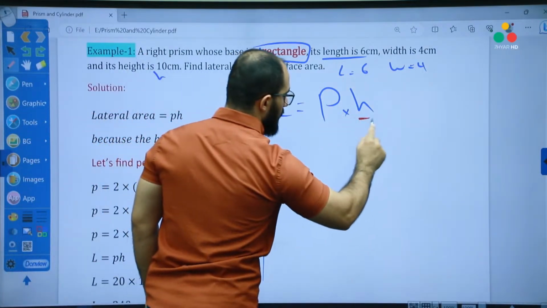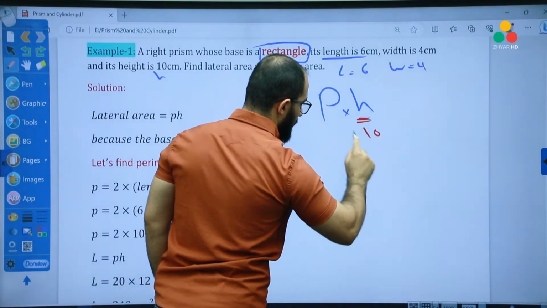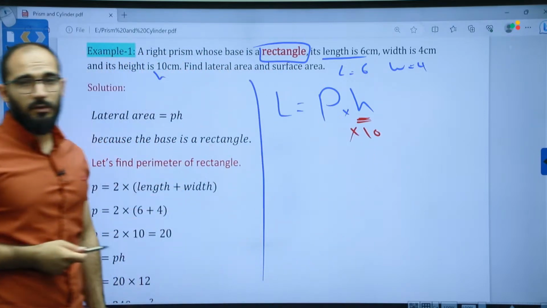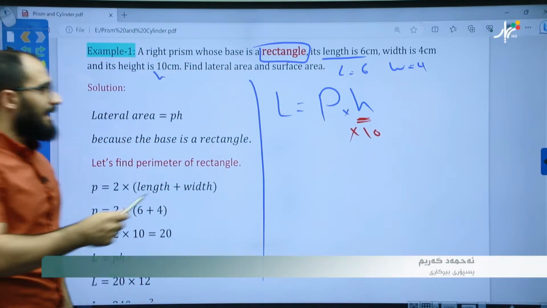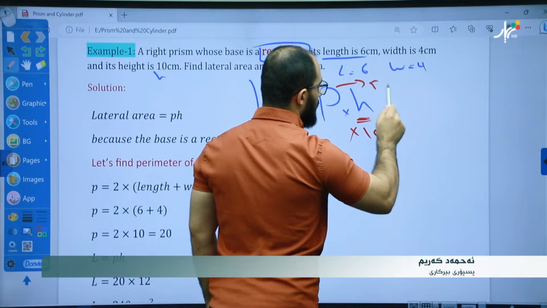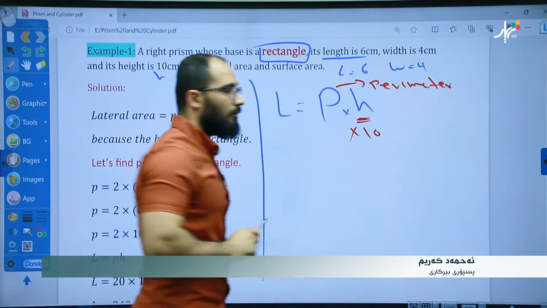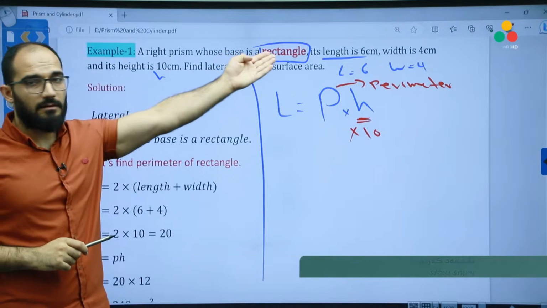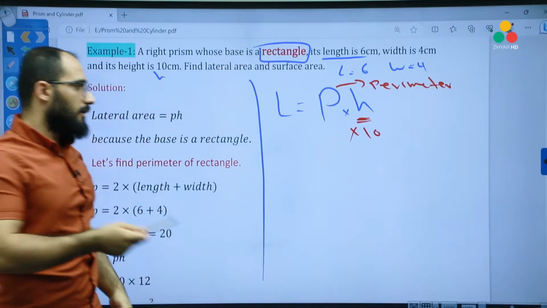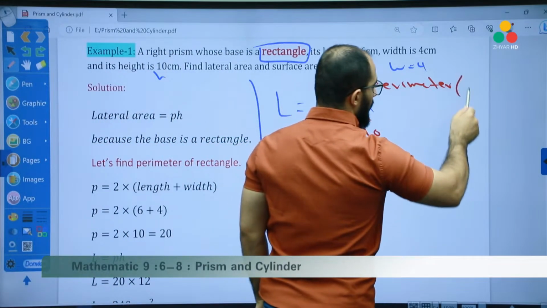This H is 10. But we have to find P. What is P? P is the perimeter of the base. What was the base? Rectangle. Okay. So the perimeter of